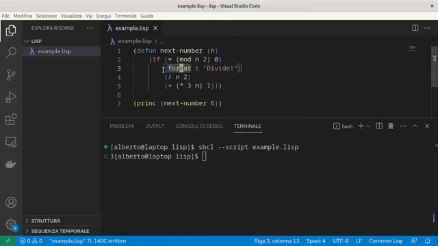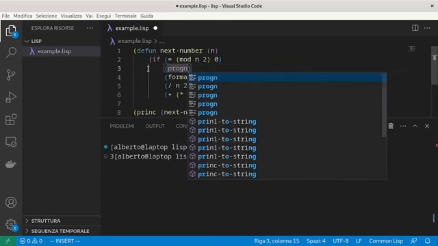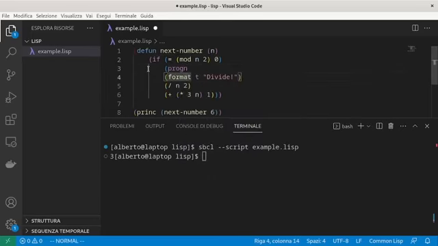Because if does not know how to group the branch in which it holds and the branch in which the condition does not hold. We have to be explicit using the program form, which runs multiple statements and returns the value of the last one. In this case, we want to group the format and the division, so we write program, and we put inside those two expressions,